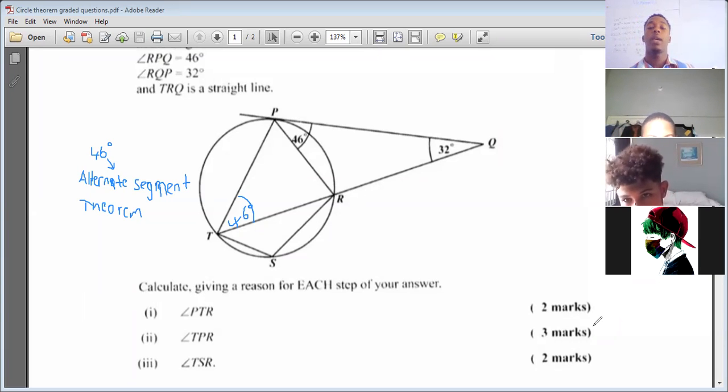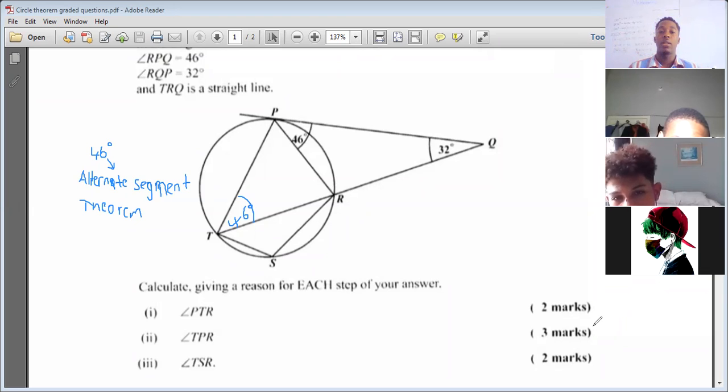Okay. Now, we know that a triangle measures how many degrees inside the angles? 180, sir. 180. Good. Now, we're going to try and find an angle, and once we find that angle, we can subtract the value from 180. Because if we look at this, there's nothing we can do. I'm looking at TPR right now, right? And we are not really seeing a rule there that we can apply to find P